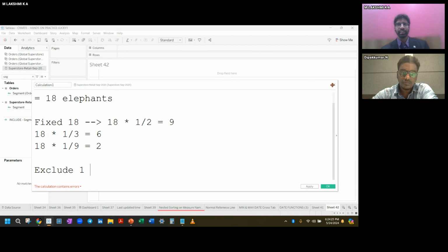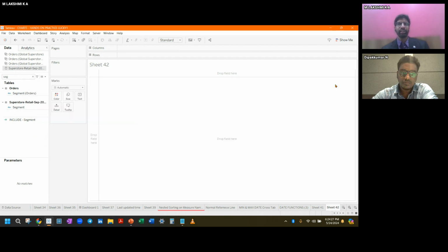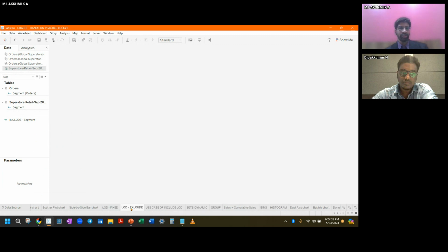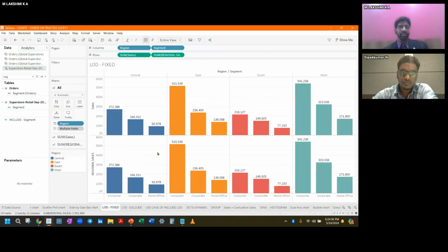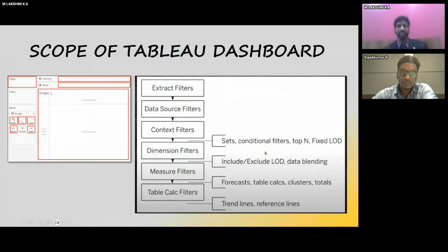So the ideology here is that he's actually getting the include and exclude on the LODs. In that case, he's targeting the fixing of the aggregation and changing the granularity level based on the order of operations.